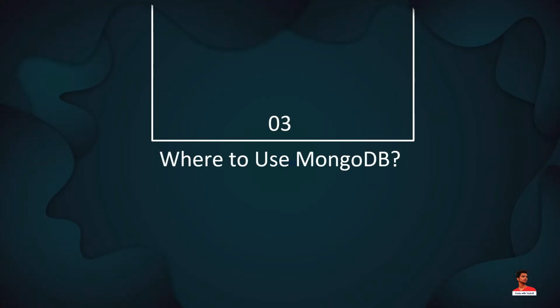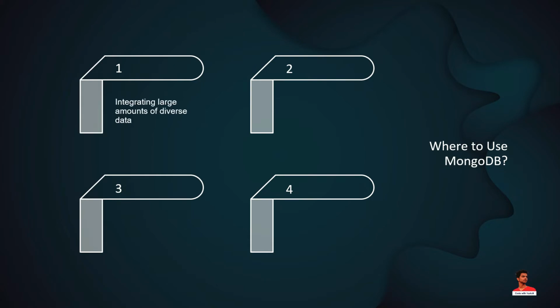Where to use MongoDB? Integrating large amounts of diverse data. If you are bringing together tens or hundreds of data sources, the flexibility and power of the document model can create a single unified view in ways that other databases cannot. Describing complex data structures. Document databases allow embedding of documents to describe nested structures and easily tolerate variations in data in generations of documents. Specialized data formats like geospatial are efficiently supported. This results in a resilient repository that doesn't break or need to be redesigned every time something changes.